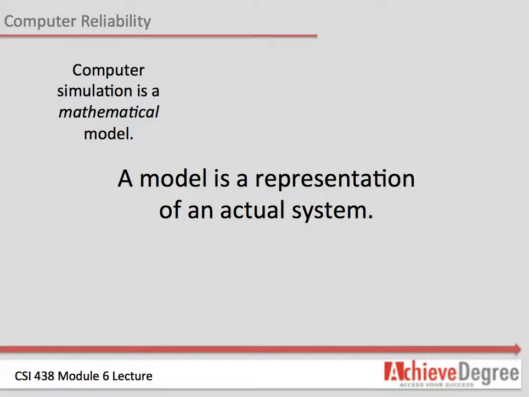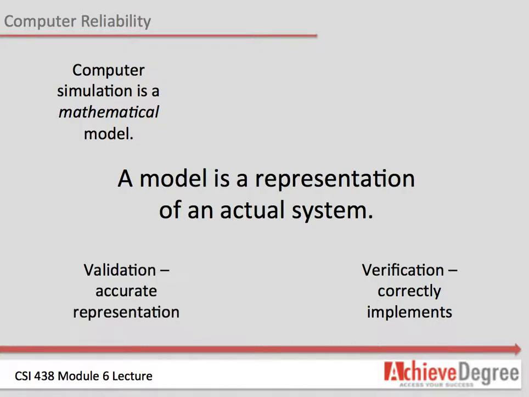Verification is the process of determining if the computer program correctly implements the model. Validation is the process of determining if the model is an accurate representation of the real system. You can validate a computer simulation by comparing its predicted result with the actual result found by doing the experiment